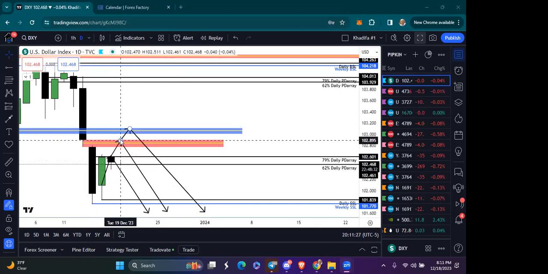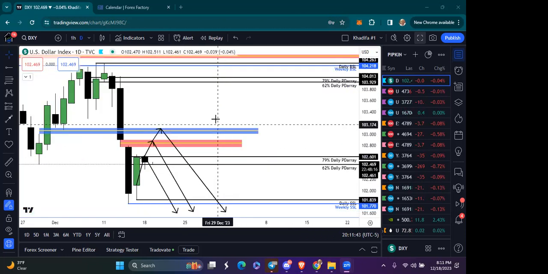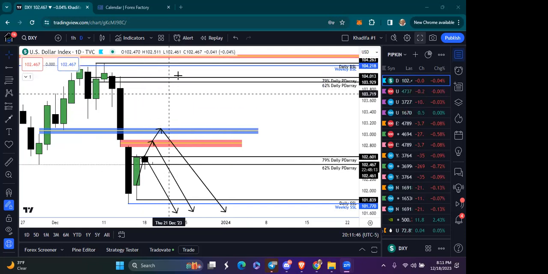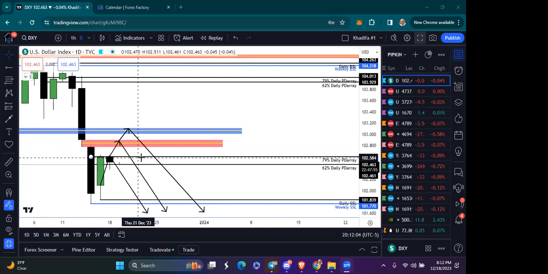If price was to push up through all three of these areas of interest, then I would want to see price push back up into last week's daily PD arrays. And then I would let price show me what it wants to do from these levels, whether we break through those levels aggressively or whether we start to see smart money reversals off of these levels. But for now, my bias for Dixie for the week still stands.